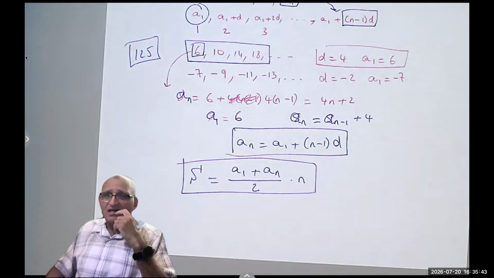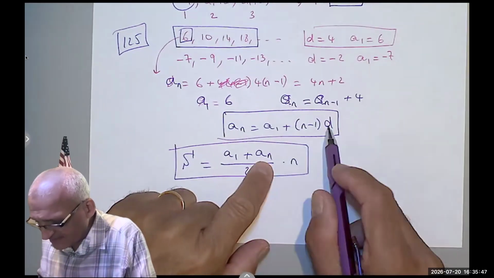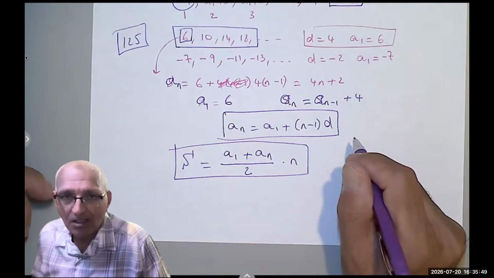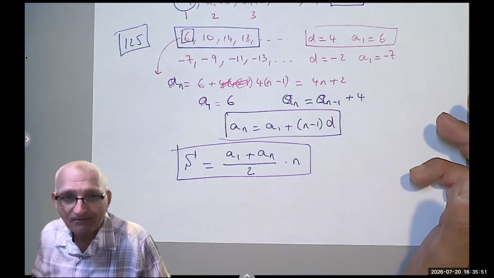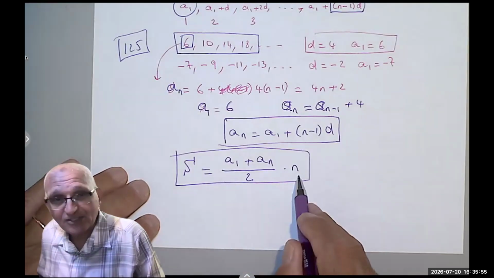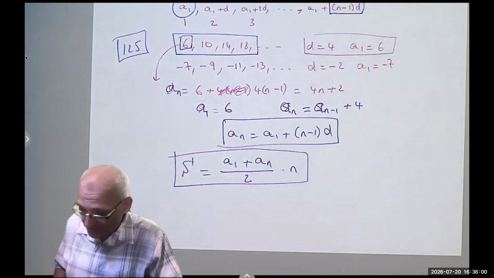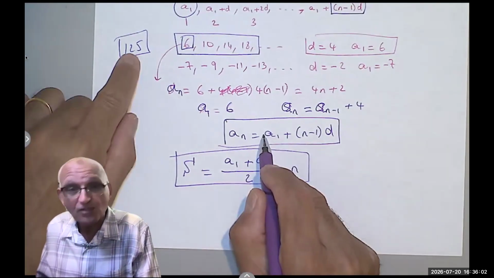Some people would say, I can combine these two. So instead of A sub n, I can write that. Yeah, you can. You can. But why make it so hard? If I know the first term and I know the last term and I know how many terms, I would find it. But suppose I don't know the last term, I would say, okay,